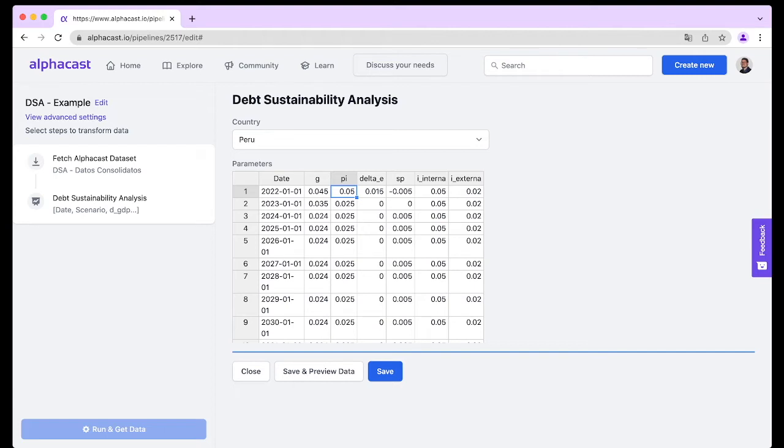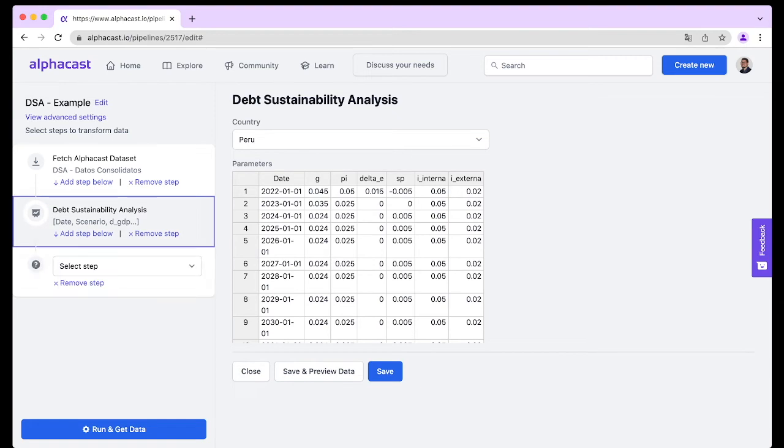The primary result here is minus 0.5%, 0%, and then 0.5% from 2024 and on. The internal interest rate here is 5% for other years, and the external interest rate is 2% for the other years. Then you just click on save